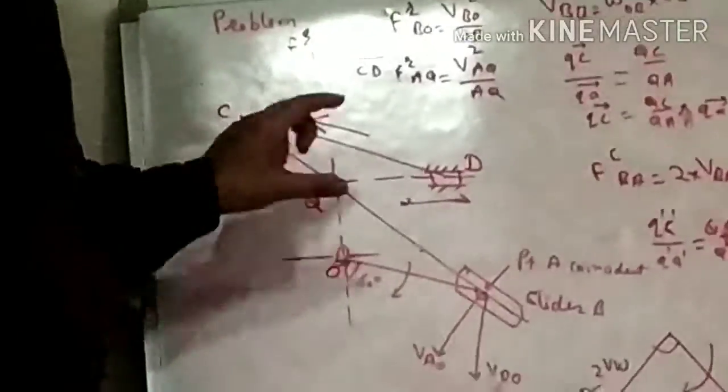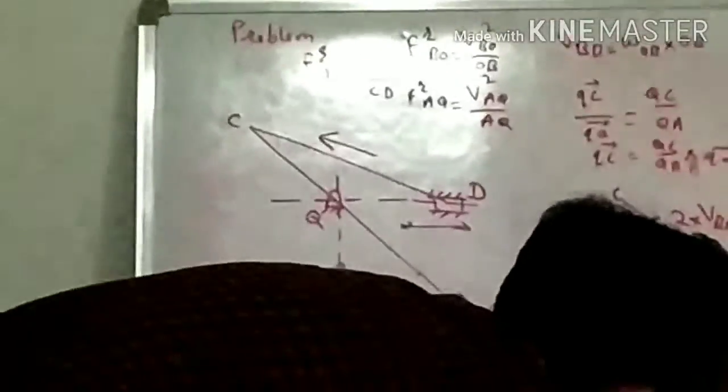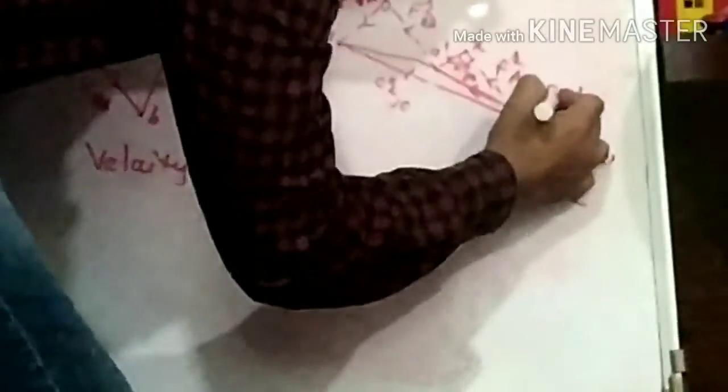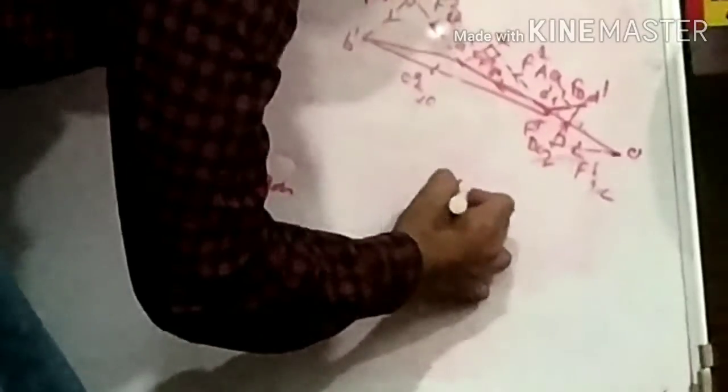Then last is the linear acceleration of slider D. So slider D is moving along the horizontal direction. So draw the horizontal vector from point O dash, Q dash. So it intersects this vector which has been drawn from point Z. So this point of intersection is D dash. So here we will get the tangential acceleration of D with respect to C, and here we will get the linear acceleration of slider D. So this is the acceleration polygon. So this is the procedure to draw the acceleration polygon for this particular mechanism.